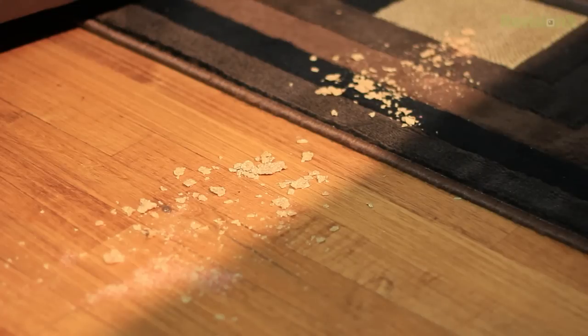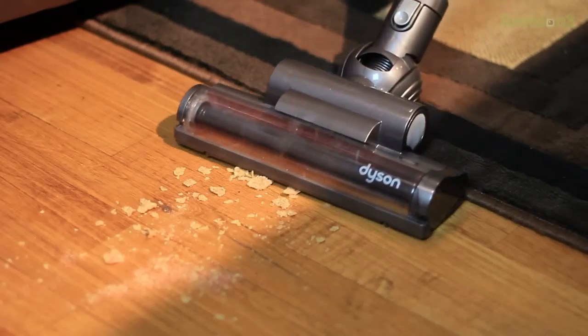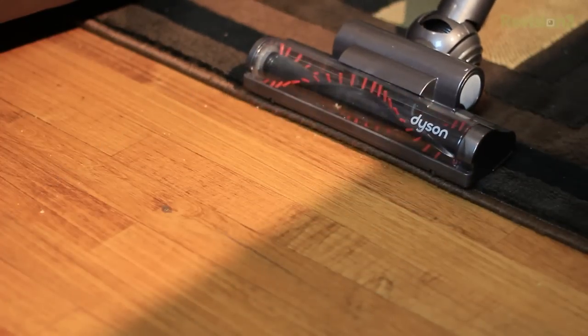So you can go from vacuuming an open part of the floor to going right under your couch to get all that stuff that's trying to hide from you very easily. And with this head being multi-surface, you can go straight from the carpet to the hardwood without really having to adjust at all. Now you do have the option again to adjust the suction flow if you are on hardwood. You don't need all that power, but I found that I really didn't need to do that in any circumstance, and I go right from the carpet to the hardwood and then back to the carpet,